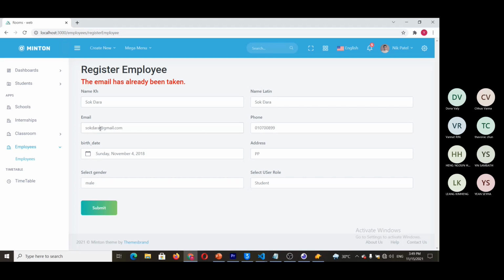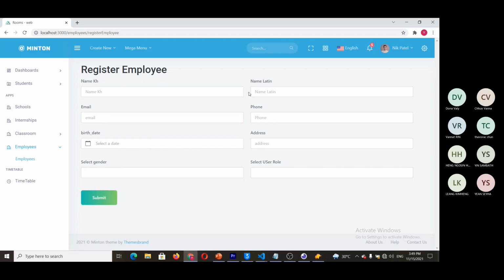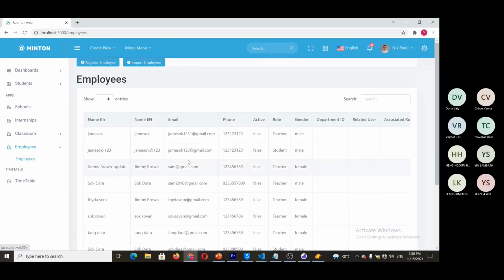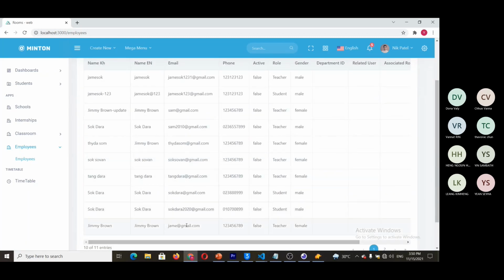But we can only register with a different email. So I just put like 2020 like this. Okay, this is the only way to register an employee, with a different email. Here is the data